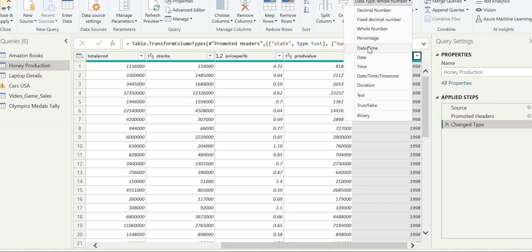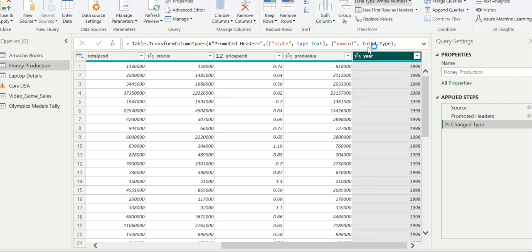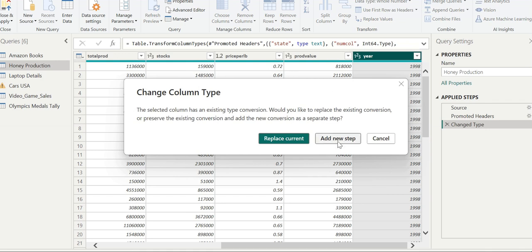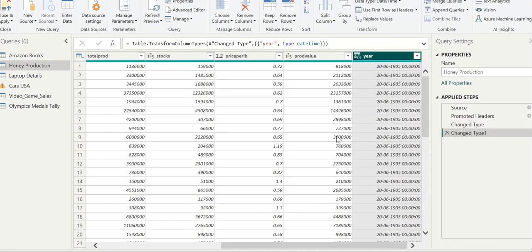If we want to change it to date, let's say we select date time. And we are not going to replace the current step, we will add a new step. We will see the year column has been changed to the date time format.